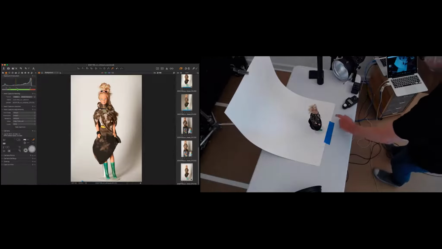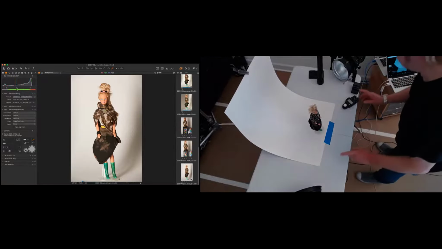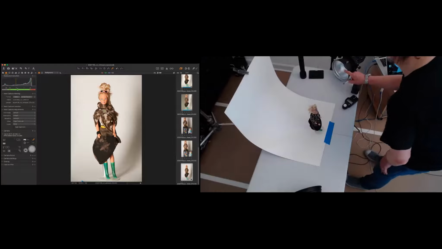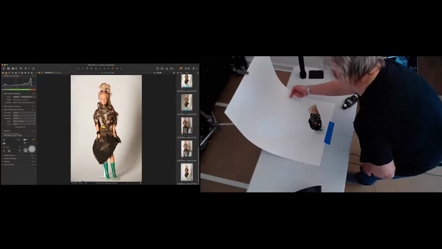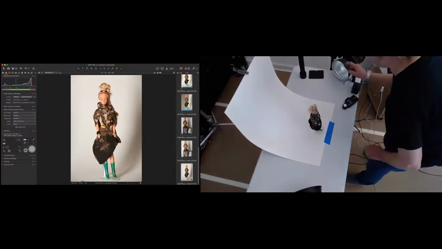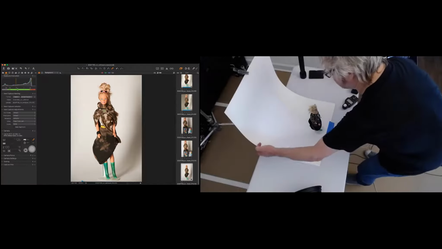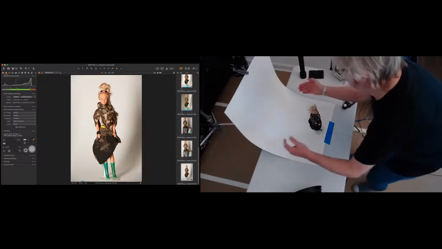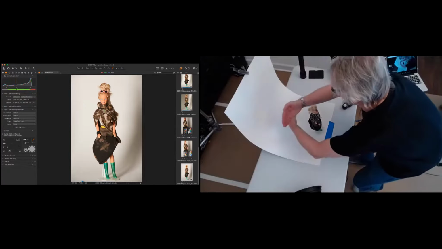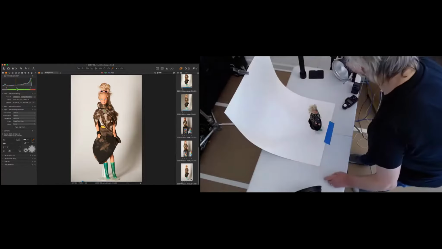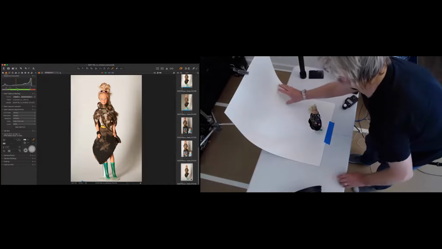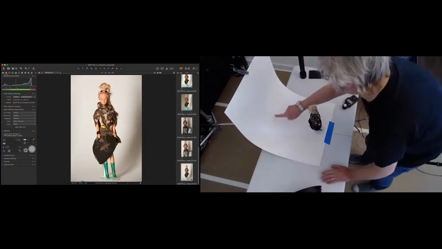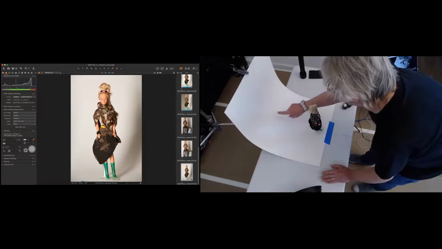Okay. So the trick in doing this is you do not want this light right here pointing at this edge. You want this light right here pointing at the far edge, and you want this light right here pointing at the far edge over here, so that these lights cross in the middle. If you put this light right here, this spot will be hot. This light right here, this spot will be hot. And the middle will be weak. That's not what we want to do.